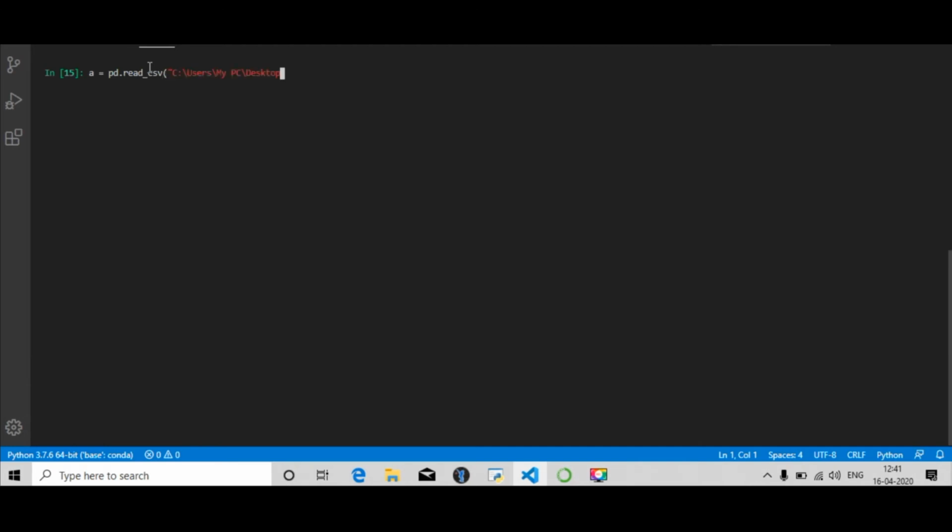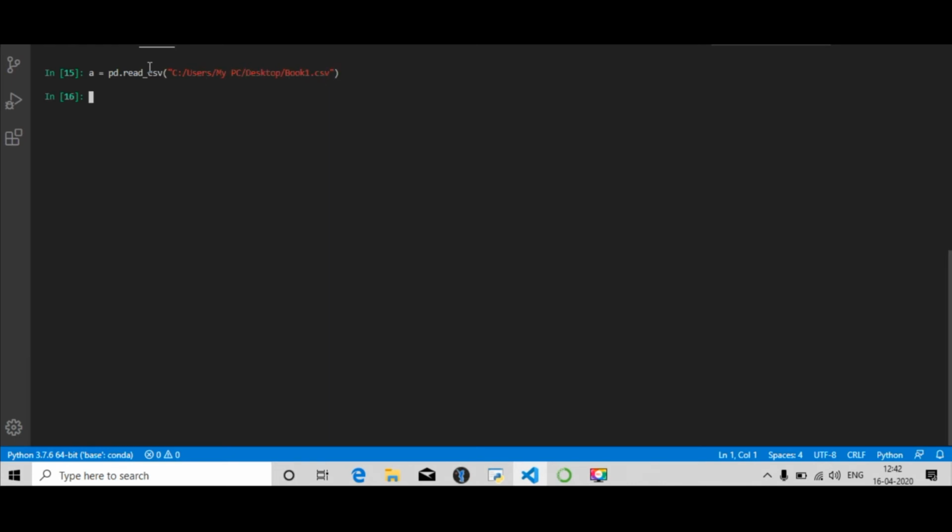Then I have a CSV file in the desktop folder already, and it is named book1.csv. Always remember to change these slashes, otherwise it will give an error. There are other options after this parameter here.